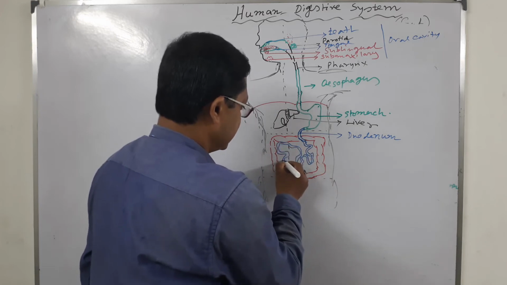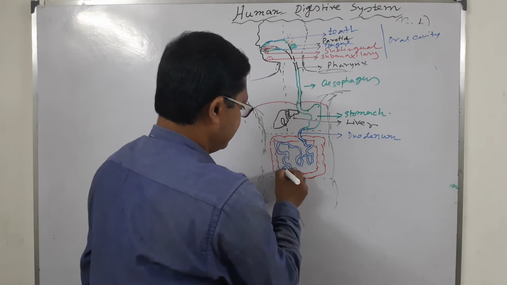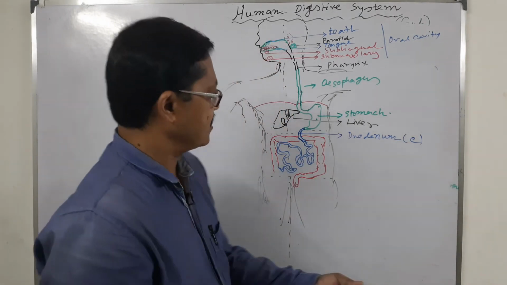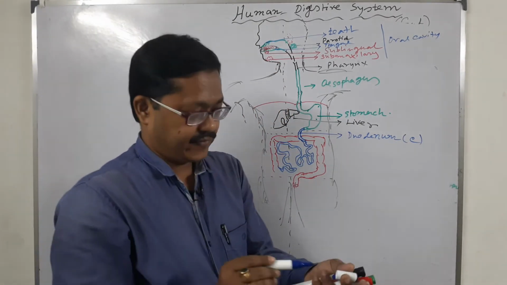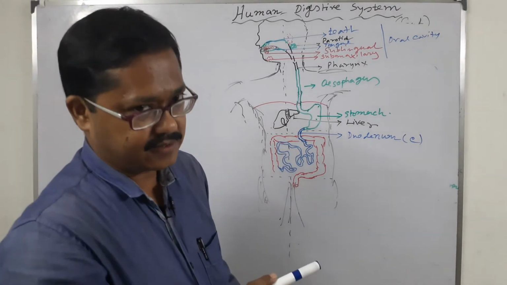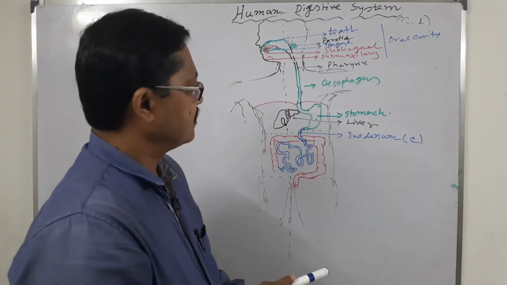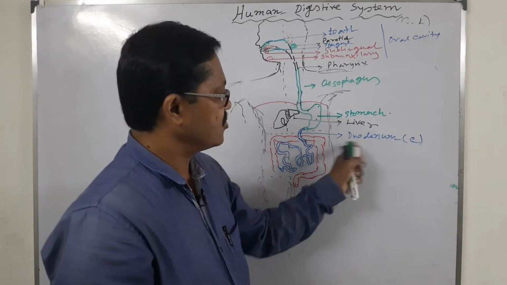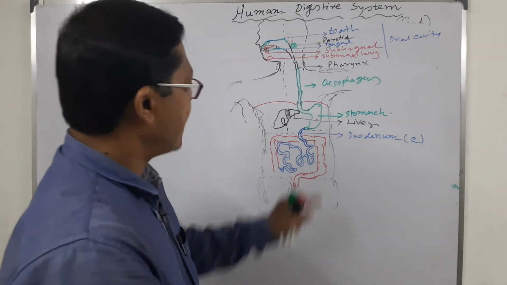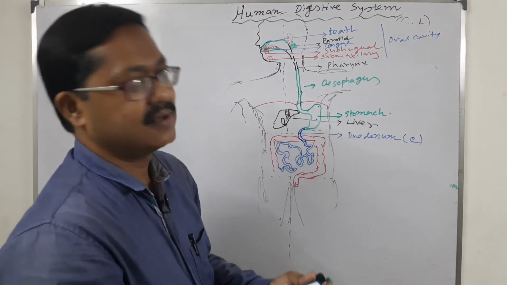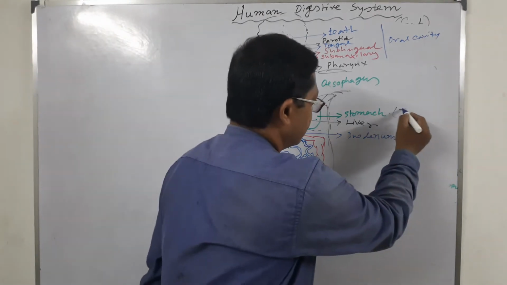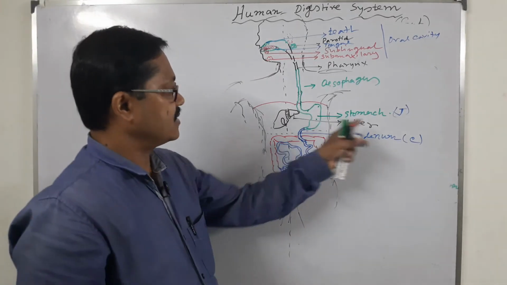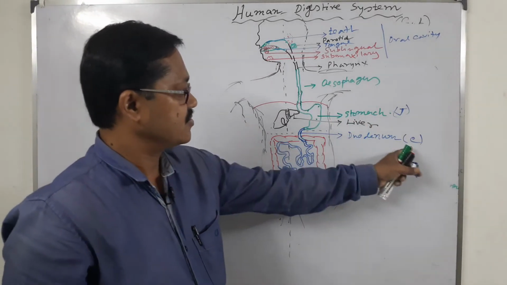First, the separate part is the duodenum. What is the shape of the duodenum? It is C-shaped. A very important question arises from this point. In previously printed NCERT books, the duodenum structure is different, but the recently corrected edition shows the duodenum structure is C. And what is the shape of the stomach? This is J. The stomach is J-shaped and the duodenum is C-shaped.